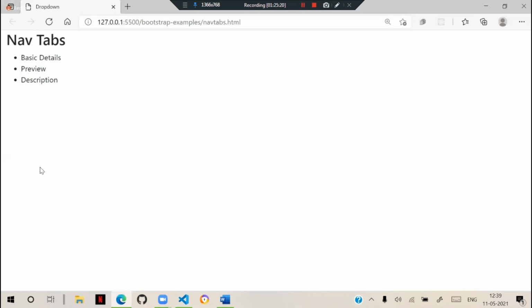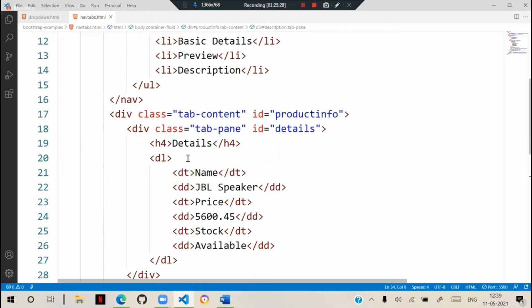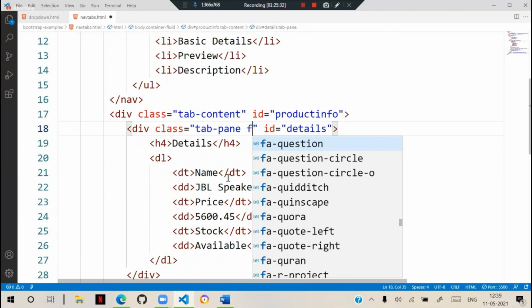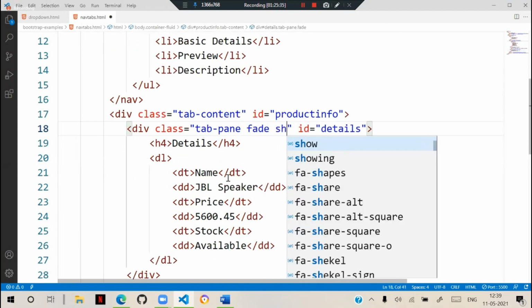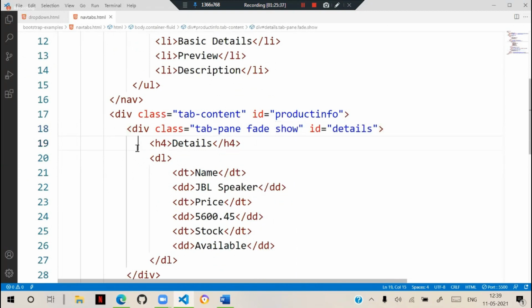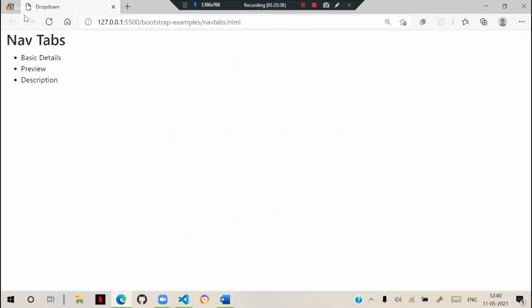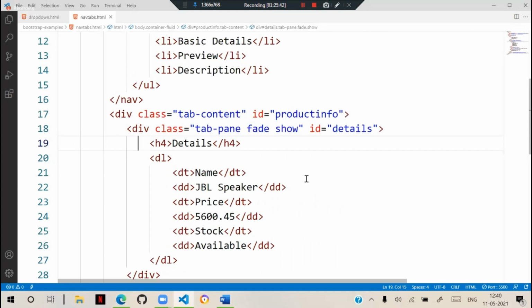So for the tab content, we don't have anything to display or configure there. By default, the tab panes, whatever you designed, can have the option fade, and you can say show by default. So that fade and show, we have to put with navigation also now.